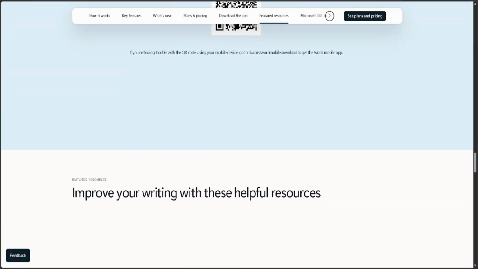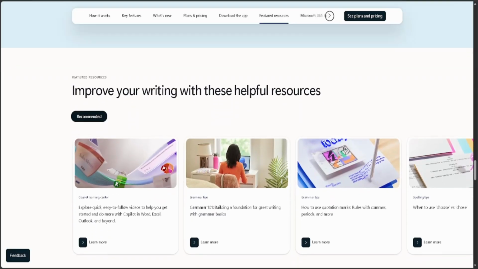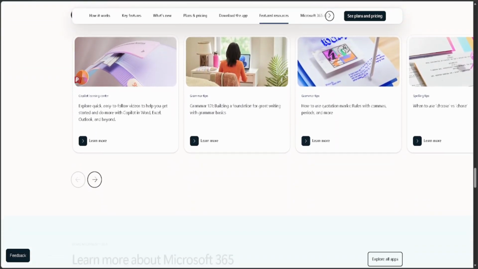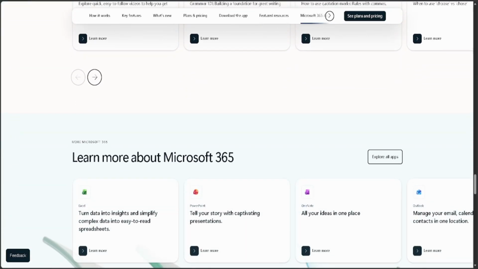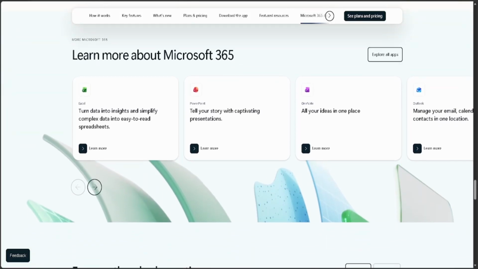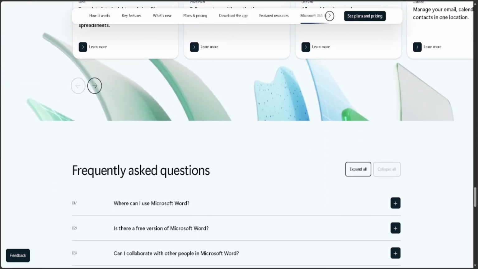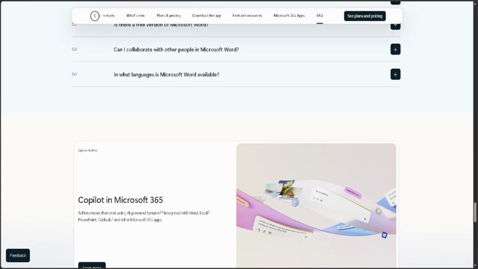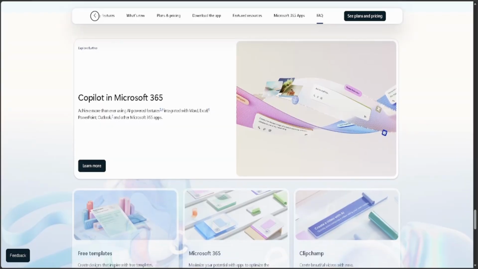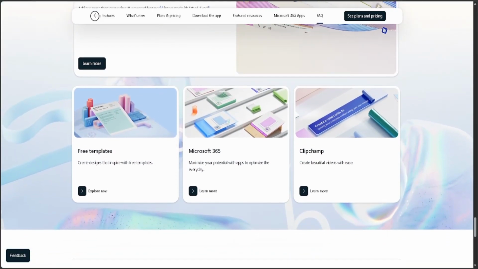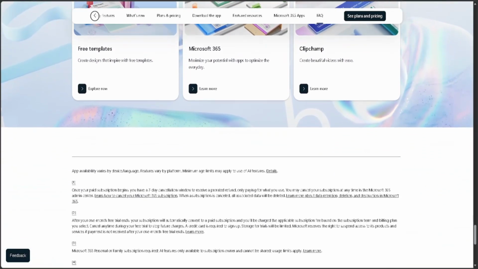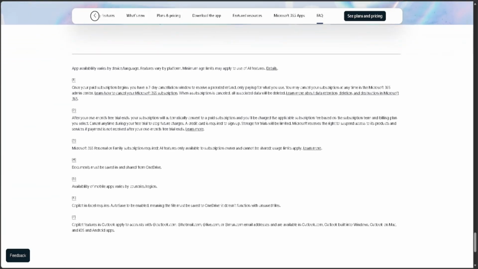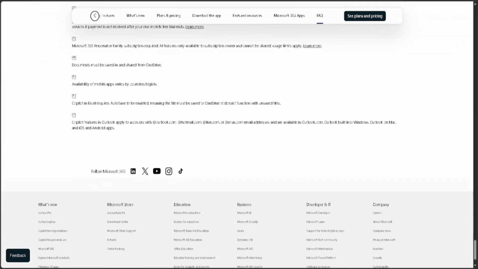You can also use the formatting tools to make your text bold, italic, underline, change the font size, adjust alignment, or add lists and headings to make your document look more professional. As you type, Microsoft Word will automatically save your progress so you don't have to worry about losing your work. Once you're finished, you can continue editing later, share your document with others, or export it in different formats directly